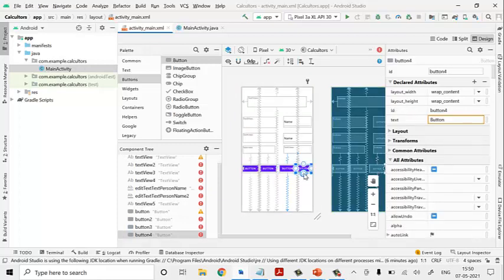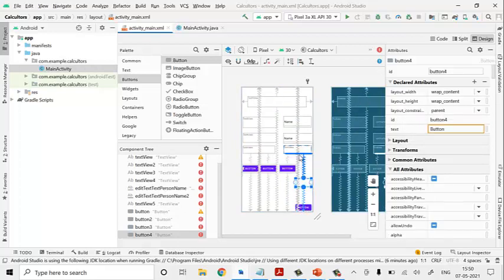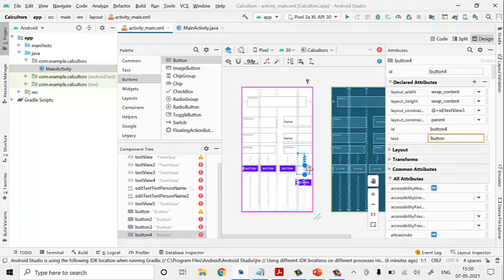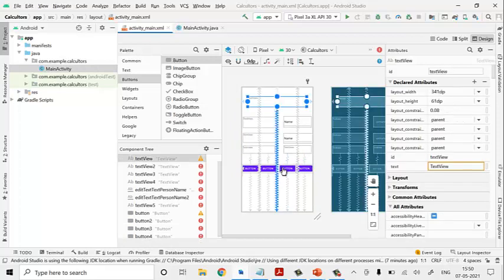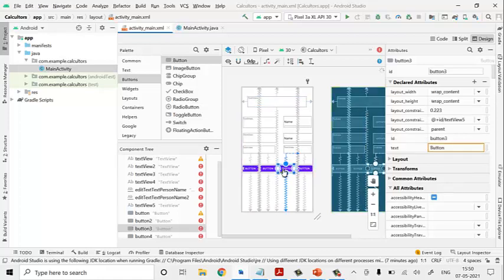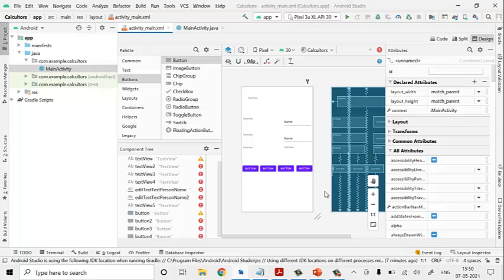Take this button, put it down, and again take it to adjust this and you can pull it to here. Okay, fine. We have adjusted everything.